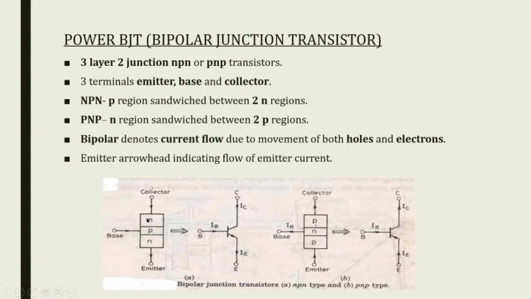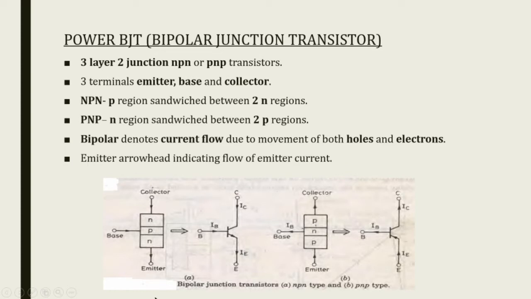Here in this figure you can see one NPN transistor and this figure indicates PNP transistor. Here you can see 2 junctions. One junction is NP, another junction is PN. Here PN and NP. Okay, and that 3 layer NPN, 3 layer PNP. So 3 layer 2 junction NPN or PNP transistor, and also it has 3 terminals, that is